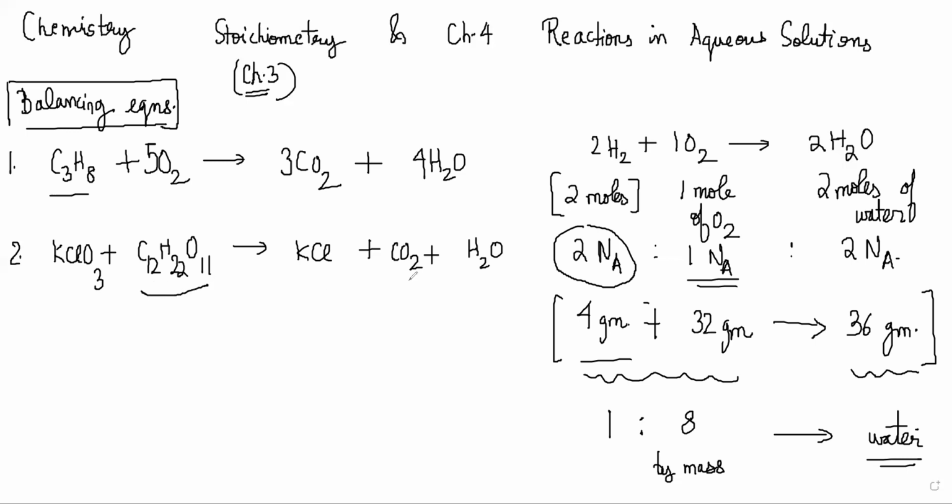Look at the carbon. There is only in 2 places, right? Yes, sir. So it's 8 KClO3 plus C12H22O11 gives 8 KCl plus 12 CO2 plus 11 H2O. 12 carbon because 12 here, and then similarly 11 H2O here. So you get 24 plus 11, 35 oxygens, and here there is 11, so you need 8 here. And therefore, you need to put an 8 here. So balancing should be fine.